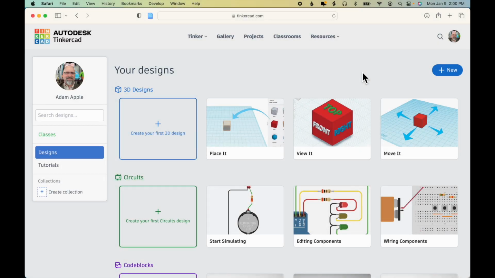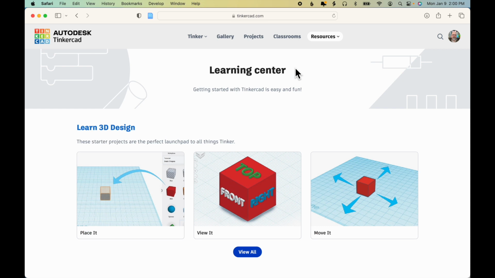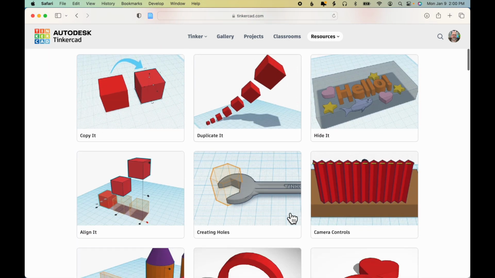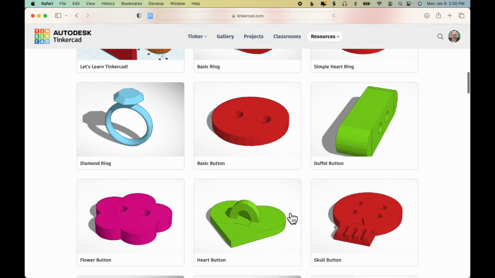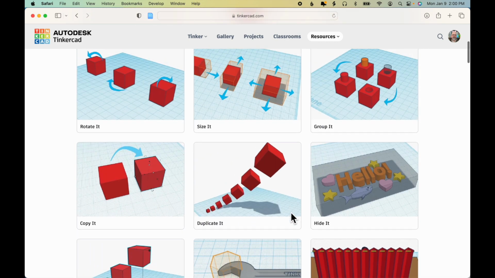To get to the Tinkercad exercises, log into your class Tinkercad account and click on Resources and Learning Center. And then under Learn 3D Design, click View All. If you scroll down, you'll see there's a number of exercises, and we'll be working through many of these in